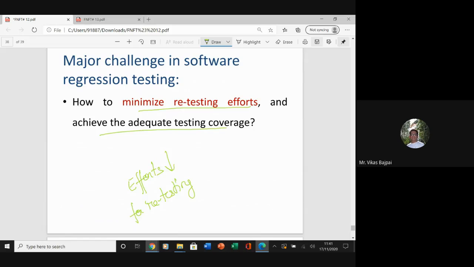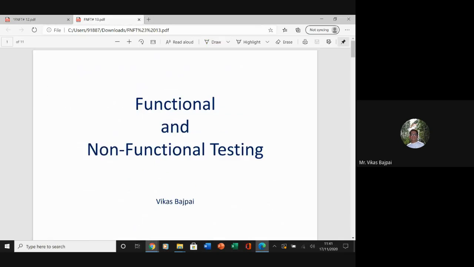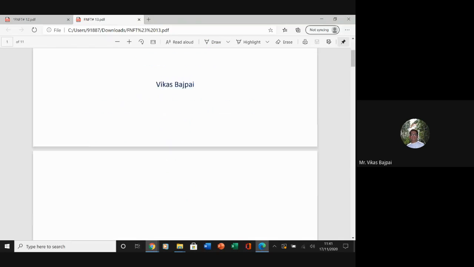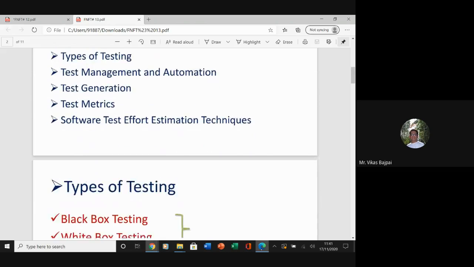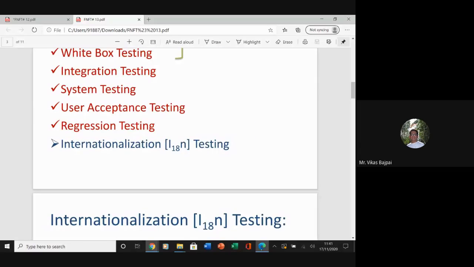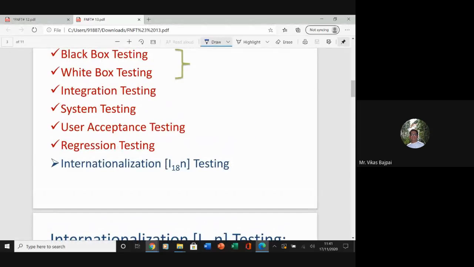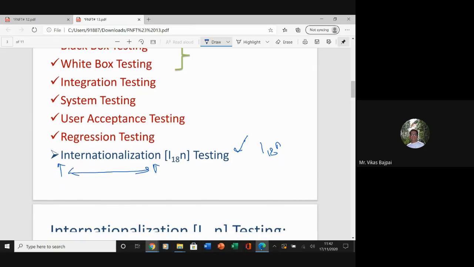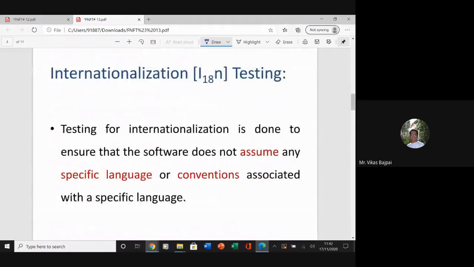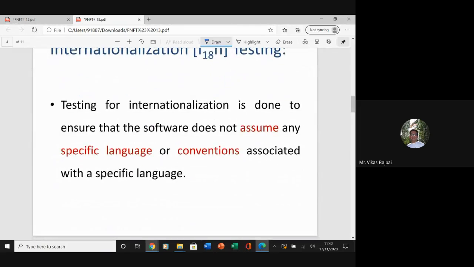Okay, so let me take another small topic. We talked about all these things. Let's talk about I18N, which is internationalization testing. Why I18N? Because between I and N, the length is 18. So internationalization testing is done to ensure that the software does not assume any specific language or